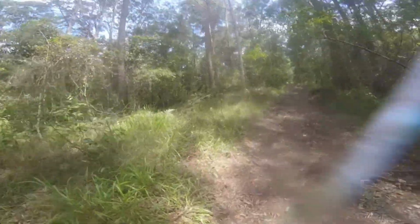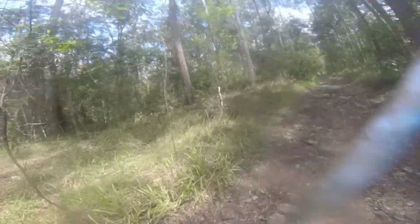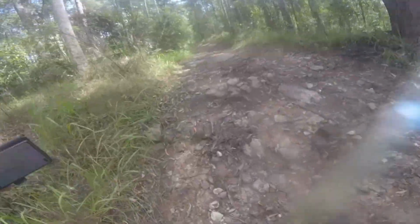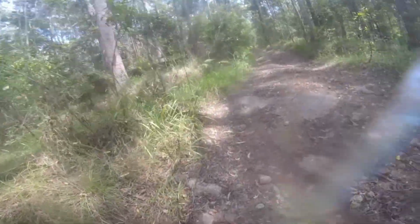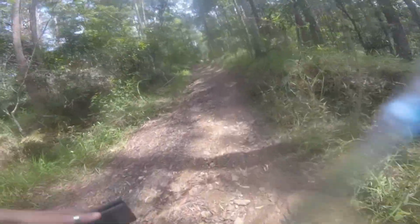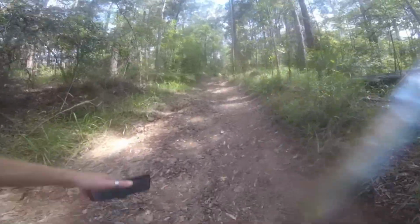Definitely thirsty and hungry now. It is 1:30. So I didn't count on, well, I knew this was going to be a fairly short walk, so I didn't really care about bringing lunch and water and supplies. So now we're on a flat track out. It won't be too bad. But yeah,